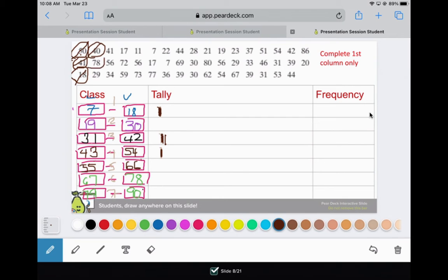Then I can do 78. I'm looking here, 78 is which class? When I say class, I'm looking at where it falls between the low and the high number, belonging to which interval. So this is going to be right here. Yes, class 6. Then I can do 29,